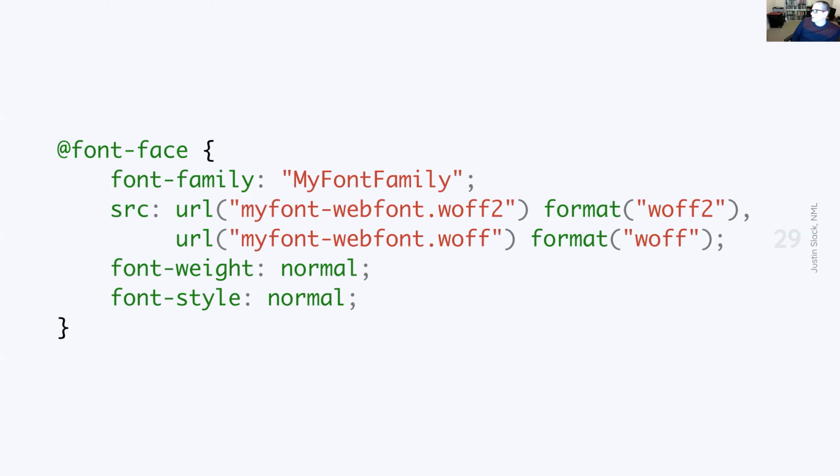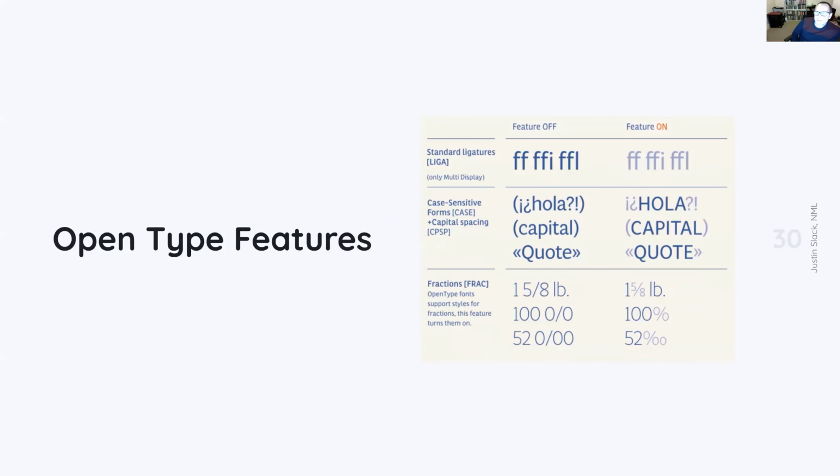Okay, so let's move on to our OpenType features. I said OpenType won out the font wars. OpenType features are like extra things that you get within the font file that you can turn on or off. These are available in your design programs, and they always have been. Programs like Illustrator and InDesign and Photoshop and so on. Sketch, Figma, I don't know. So it's things like ligatures,